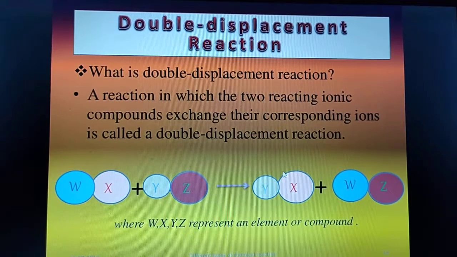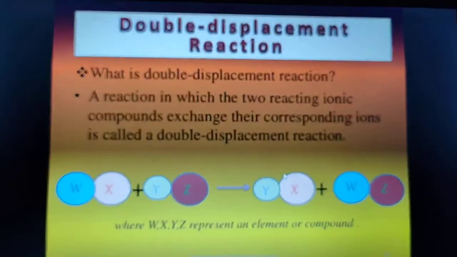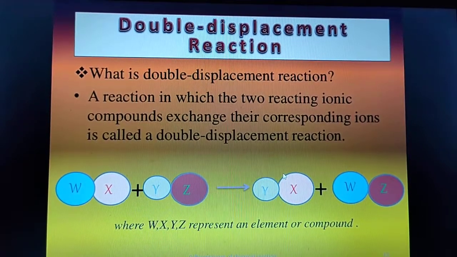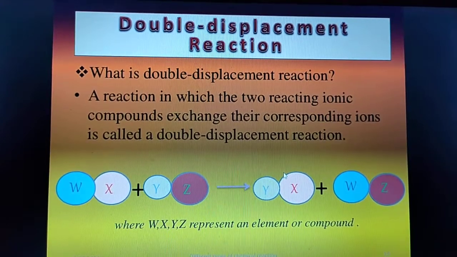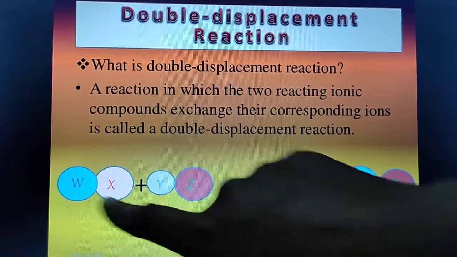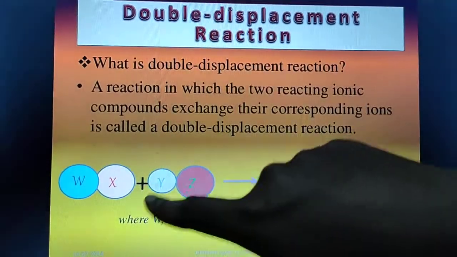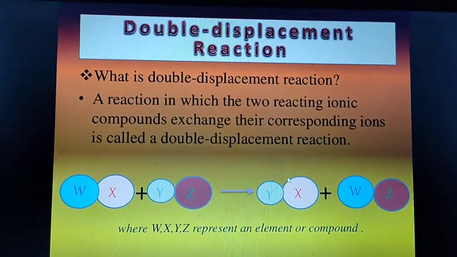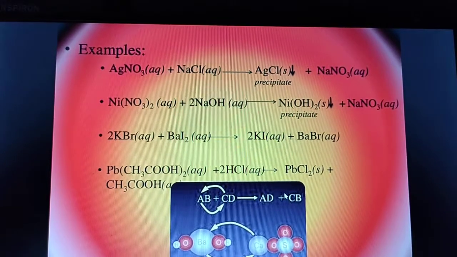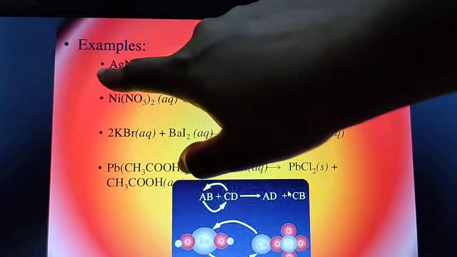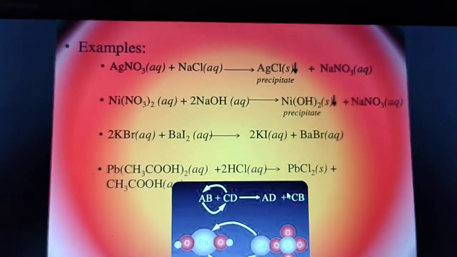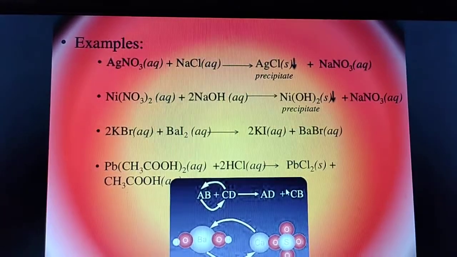This is double displacement. Displacement means what? One atom will displace the other atom from a molecule. So double displacement means two atoms will displace. You see WX plus YZ. This W will displace Y, and Y will come here. So YX and WZ compounds are formed like this. This is the example: AgNO3 plus NaCl. So the answer will be, this will displace this one, so AgCl, and this will displace this one, so NaNO3. So this is all about the types of chemical reaction. The four types of chemical reaction.